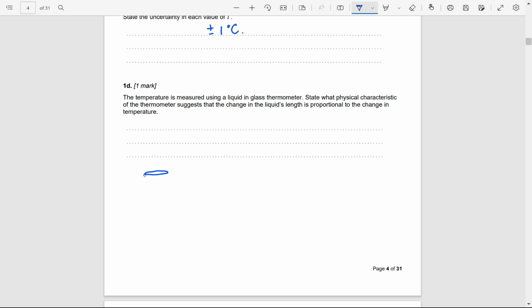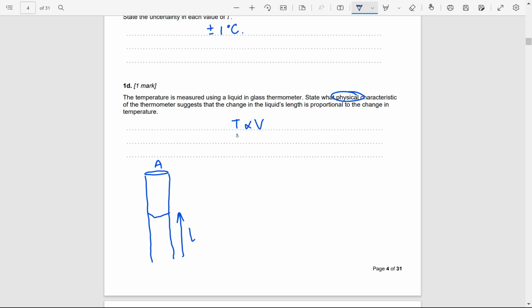The temperature is measured using liquid in a glass thermometer. So we've got a glass thermometer like this, okay? And the liquid level is rising, length L, and the glass thermometer has a cross-sectional area, let's call it A. State what physical characteristic of the thermometer suggests that the change in the level of the liquid is proportional to the change in the temperature. Okay, so we know that temperature is proportional to volume,